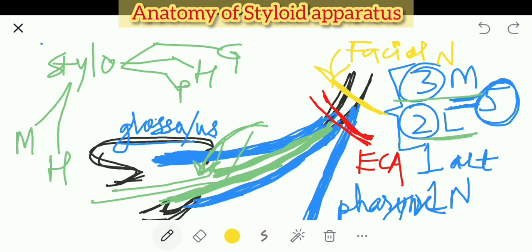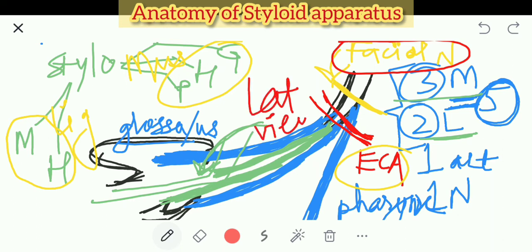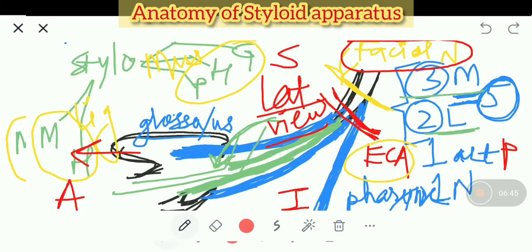Now we will understand everything. We will see it live as if you are seeing it in the dissection. So, we saw the 3 muscles, we saw 2 ligaments, these are the muscles, these are the ligaments. We saw the artery, we saw the nerve. Hope you understand this. Very simple. You can just remember it this way. This is the lateral view. You are viewing from outside. This is anterior, the tongue is on this side. This is posterior. This is superior and this is inferior. Simple? Easy to understand?